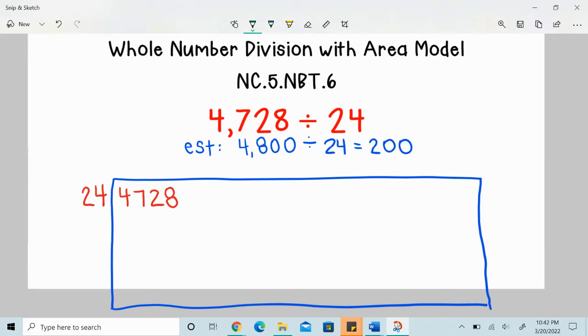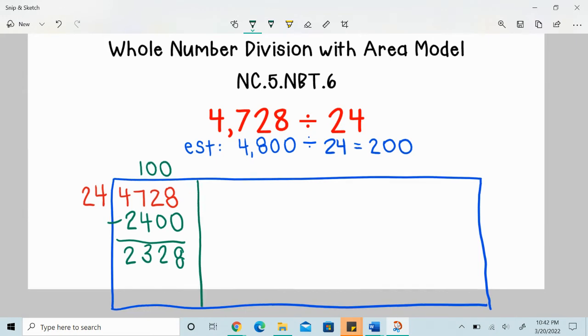And we really just want to work with friendly numbers like 10, 100, 1,000 when we're doing this. We don't need to get as close as we possibly can with the area model. We have some flexibility there, so we really want to use friendly numbers. So the first thing that comes to mind for me is if I did 24 times 100, I know that would give me 2,400, which I can easily subtract from this amount. So I'm going to go ahead and subtract 2,400, and I'll see that what I have left is